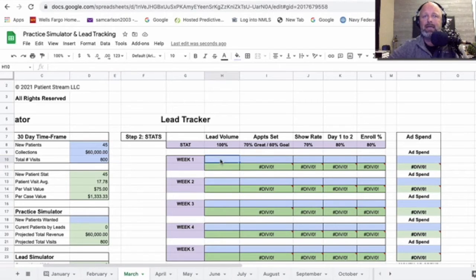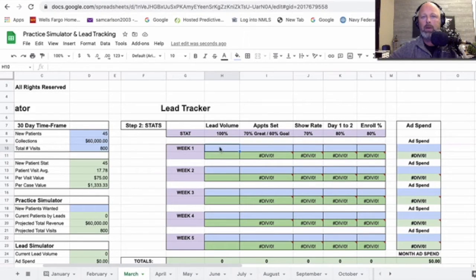Then the second thing is, okay, let's say we start tracking how we are doing with leads, with the end goal of being able to explode our practice with more leads. How do we do that? Now if you were doing this in your practice, what you would do is go week by week and put in all of your lead volume. So I'm just going to put